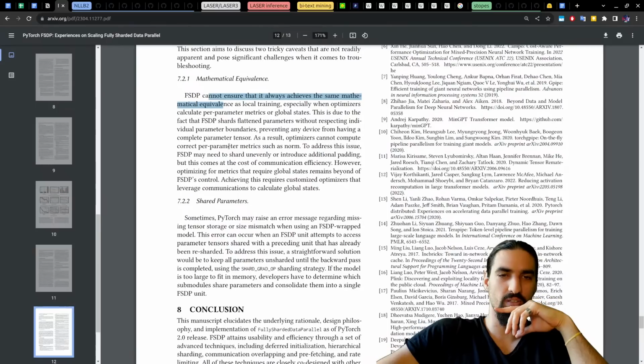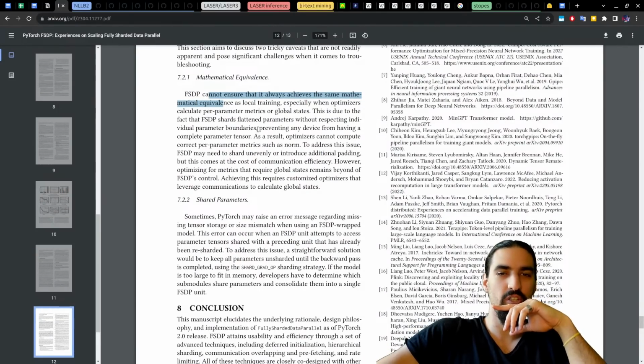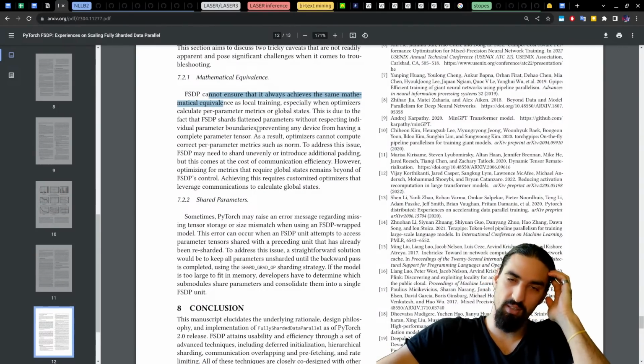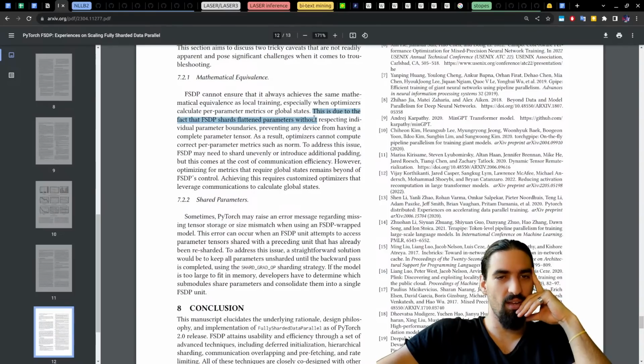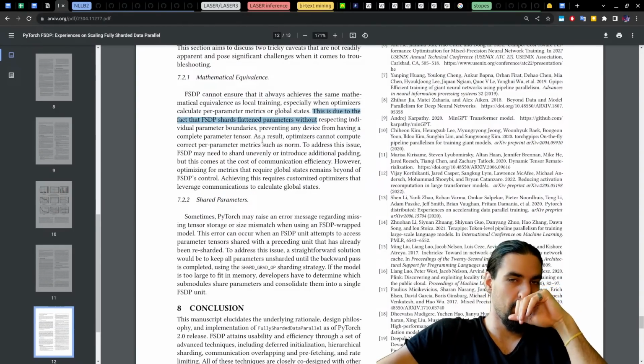Mathematical equivalence. FSDP cannot ensure that it always achieves the same mathematical equivalence as local training. Especially when optimizers calculate per parameter metrics or global states. This is due to the fact that FSDP shards flatten parameters without respecting individual parameter boundaries, preventing any device from having a complete parameter tensor.